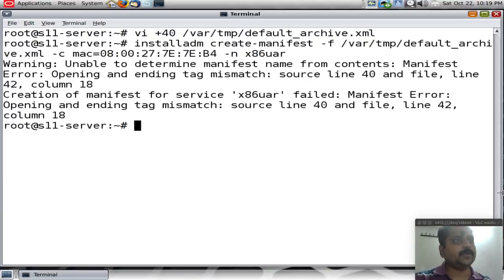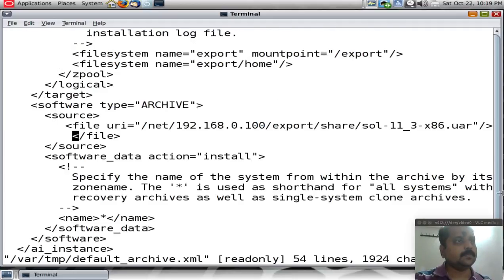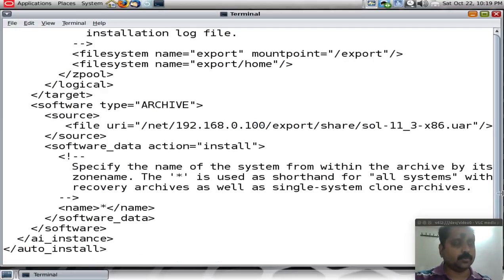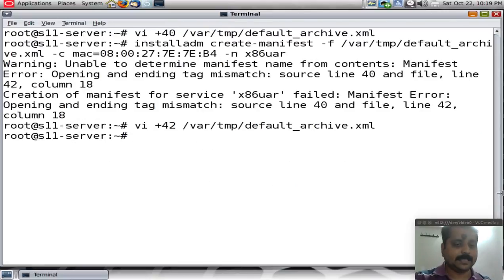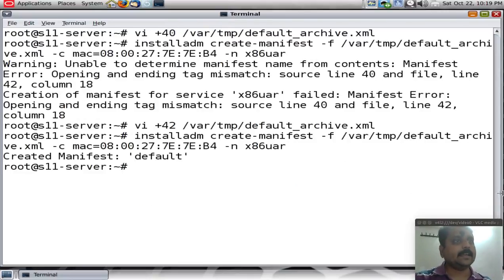Right, so line 42. It's closing there, so we can remove that file part and see. Goes through fine. So that was the issue with the close tag and the open tag, and we now have